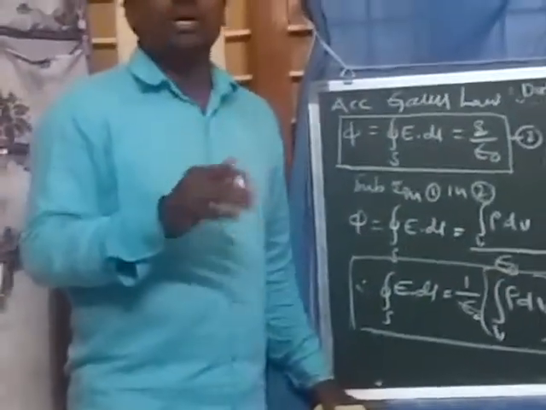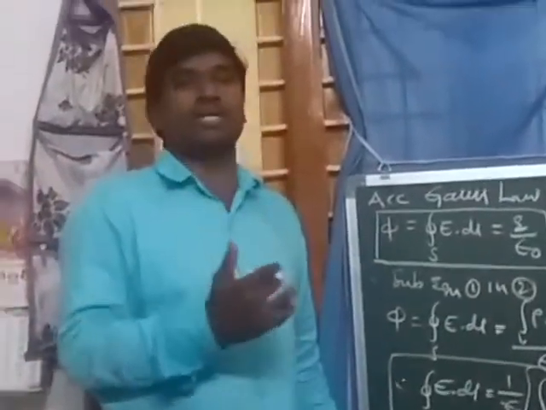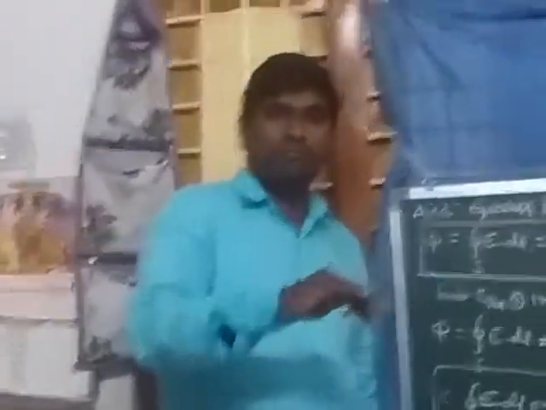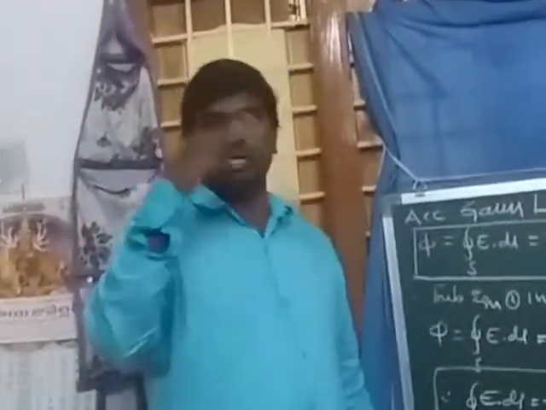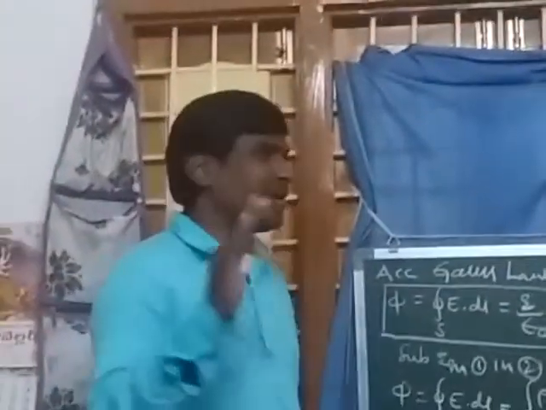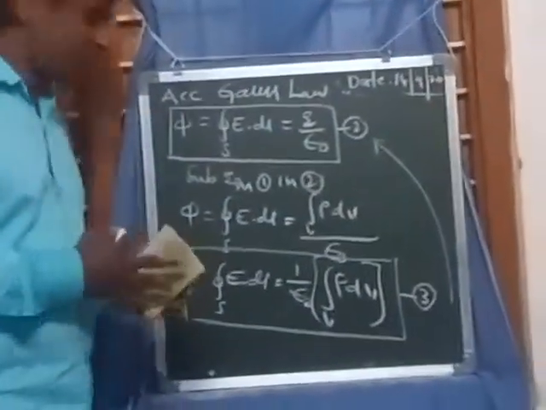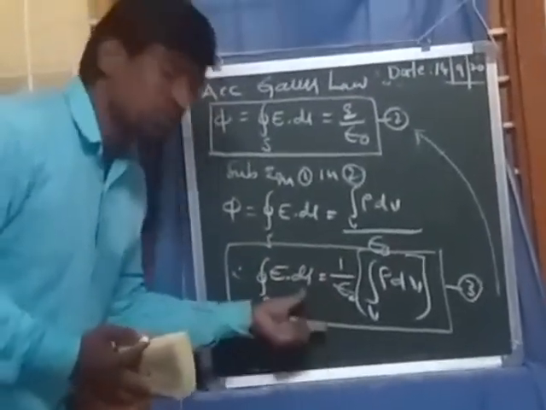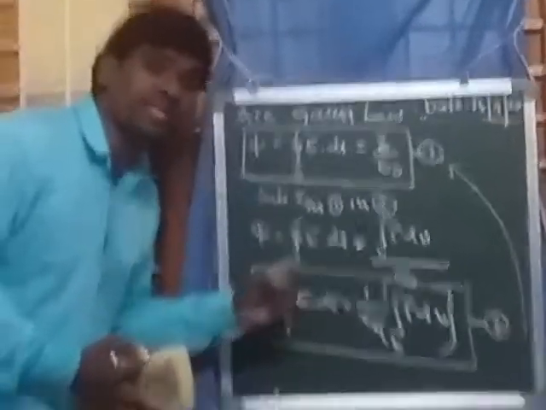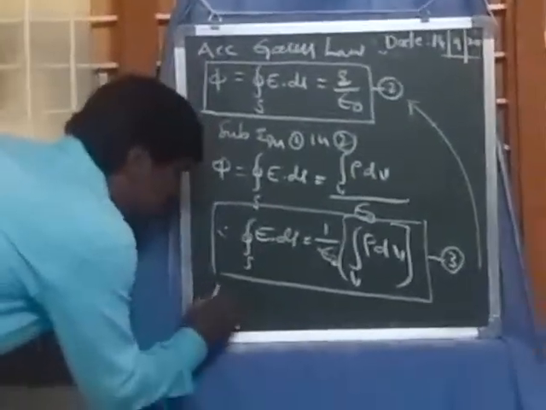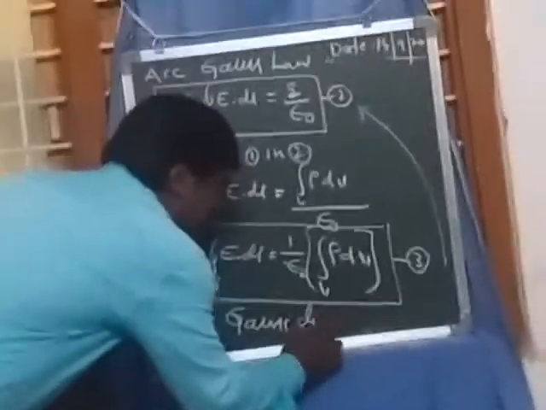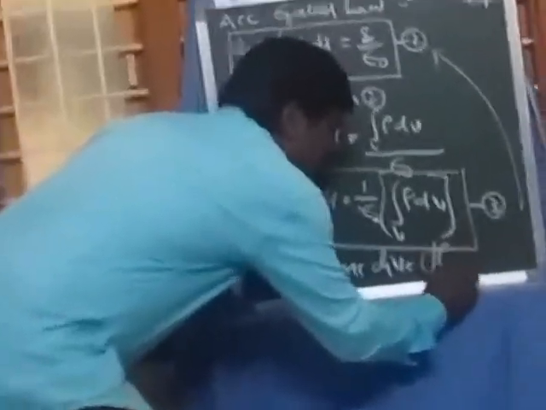According to that, Stokes determined that converting the line integral, or linear integral, to a surface integral is called the Stokes theorem, and converting the surface integral to a volume integral is called the Gauss divergence theorem. So here the surface integral is converted into the volume integral. That's why we have to take the Gauss divergence theorem.